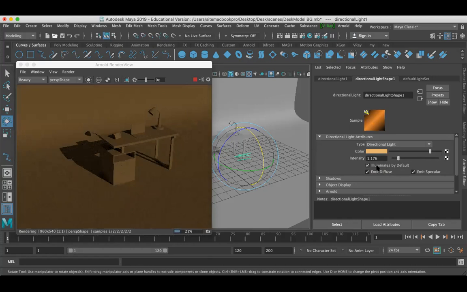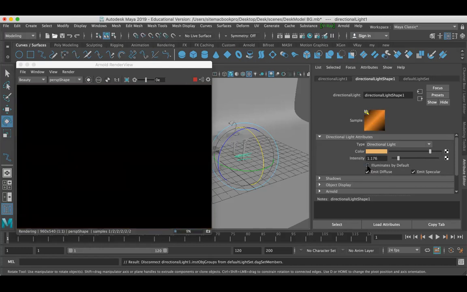The next one is illuminate by default. When you click on illuminate by default, the light will be completely darkened. If I want to eliminate just one light from the scene, we can do that, and it works with more lights too.